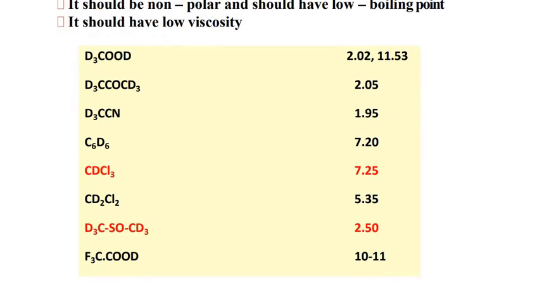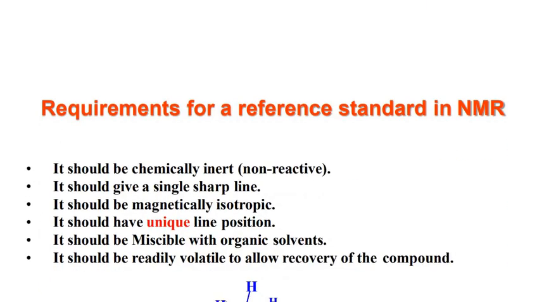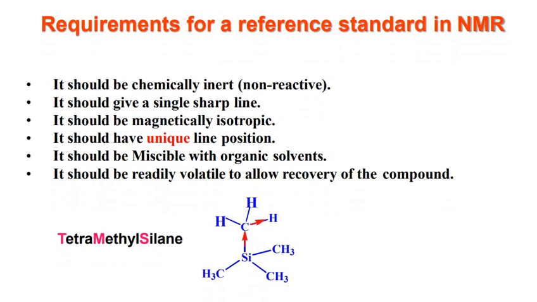Any of these solvents can be used in NMR spectroscopy. The compound which we use as a reference standard in NMR is tetramethylsilane. Tetramethylsilane is used as a reference standard because it is chemically inert and it gives a sharp line,